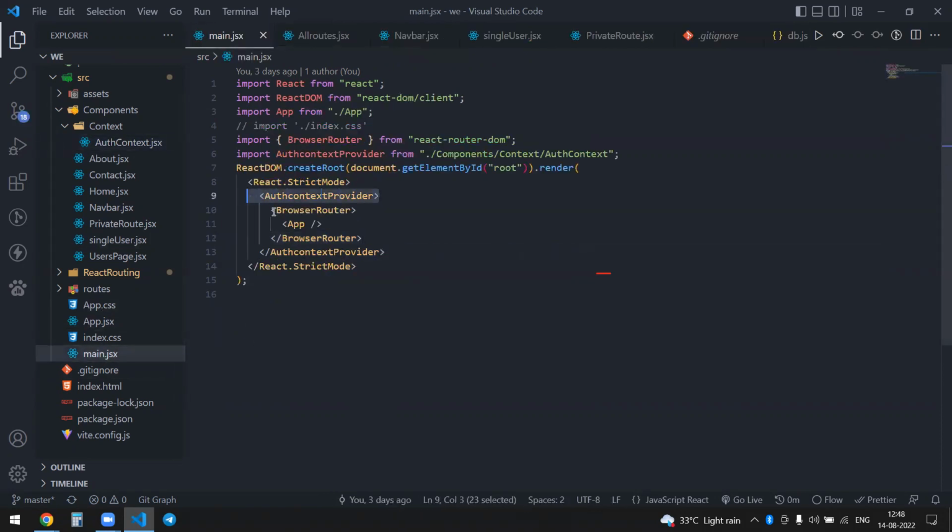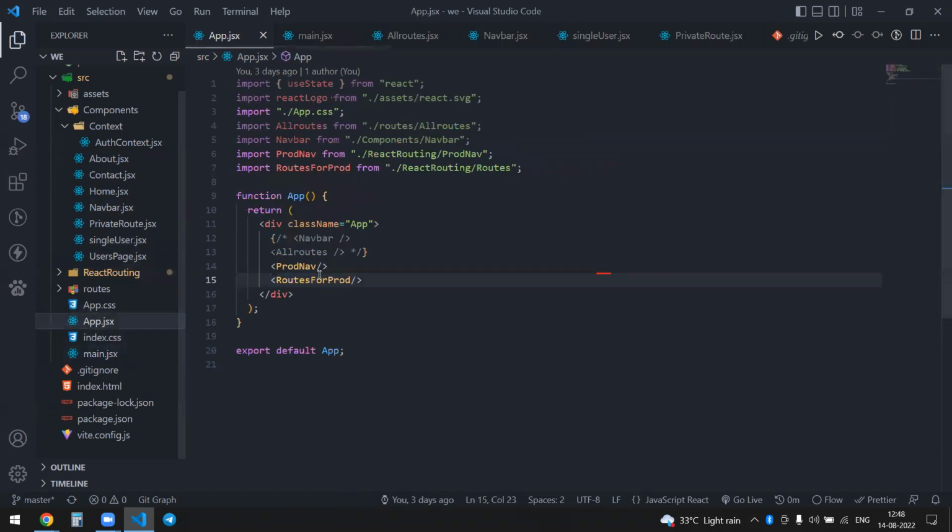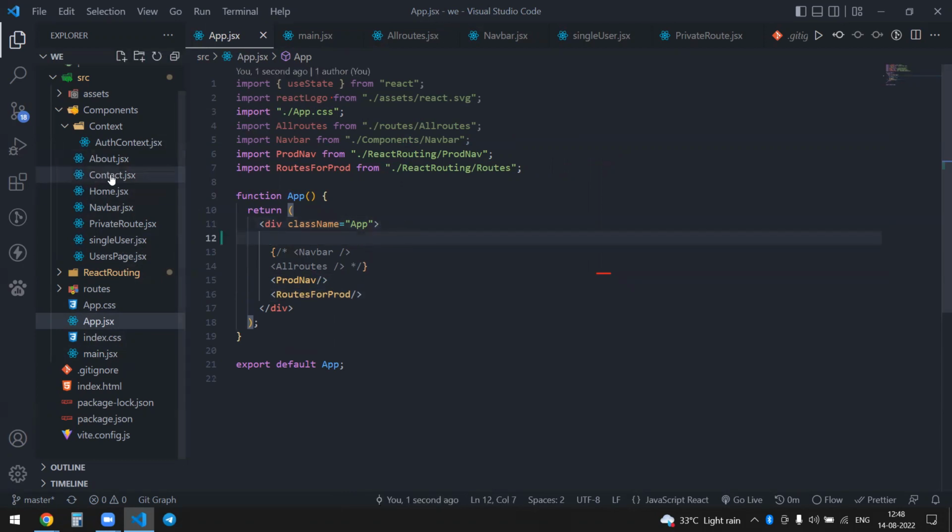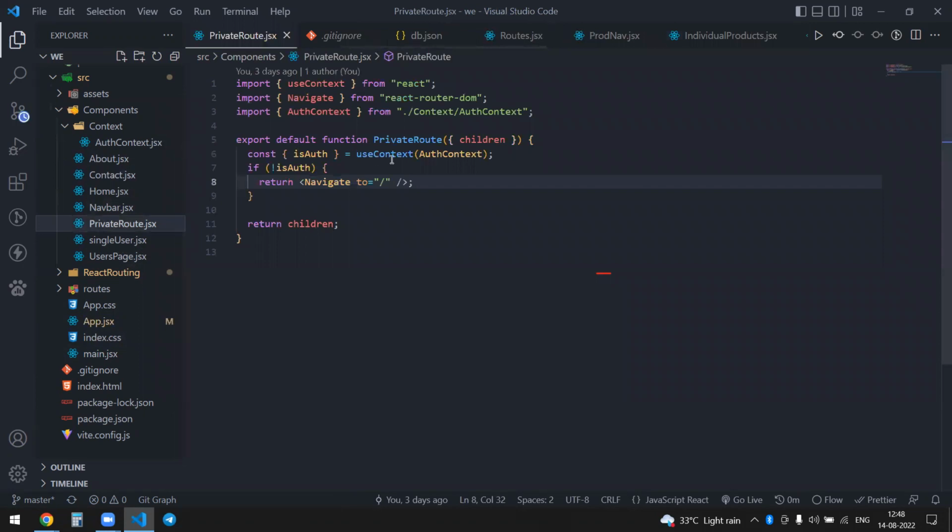So there's my auth context, isn't it? Whatever is inside the auth context, you can just ignore the BrowserRouter for now. So the app.js is inside it, right? I mean the AuthContextProvider. What it is saying is that whatever is inside me should be able to access my values. So app.js is inside, and whatever it is in app.js, there is a protected route and the routes, you can just ignore these things. Whatever is inside the app or the app itself, you can do useContext here and here as well. Okay. So in the private route, I am just extracting the isAuth, that is the